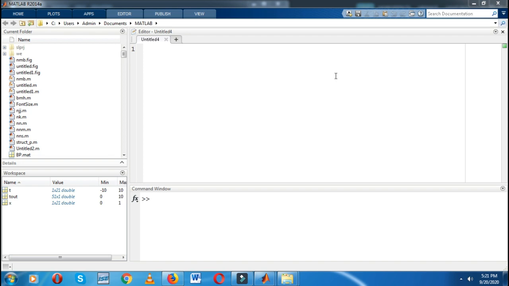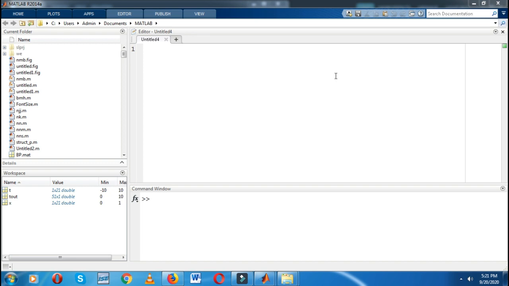In today's video, we're going to see the graphical user interface in MATLAB software. It's a very interesting topic in MATLAB because the graphical user interface is an environment in which we can create and edit different things very easily. So in today's video, we're going to see a basic concept about the graphical user interface, how we can use it and how we can create it.